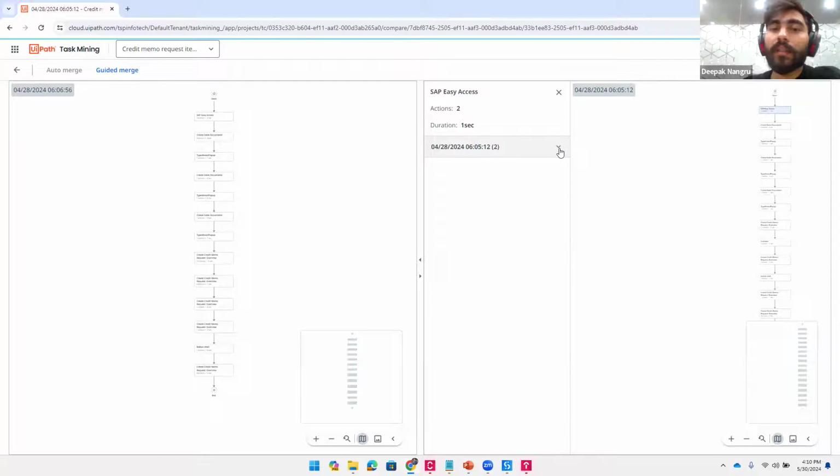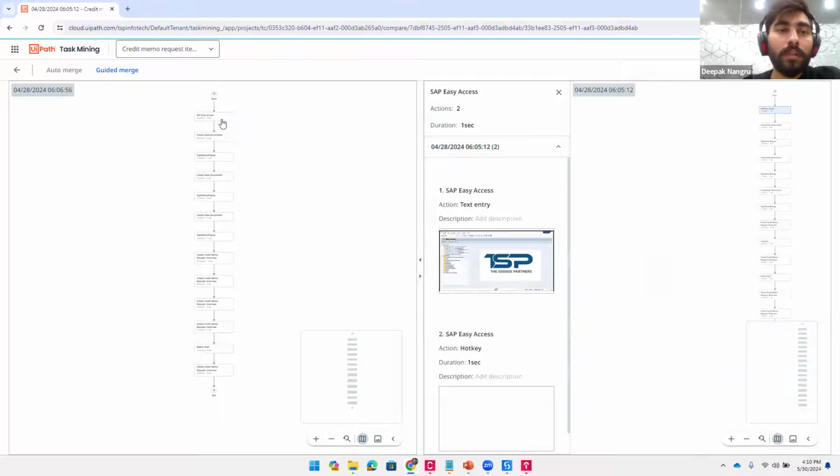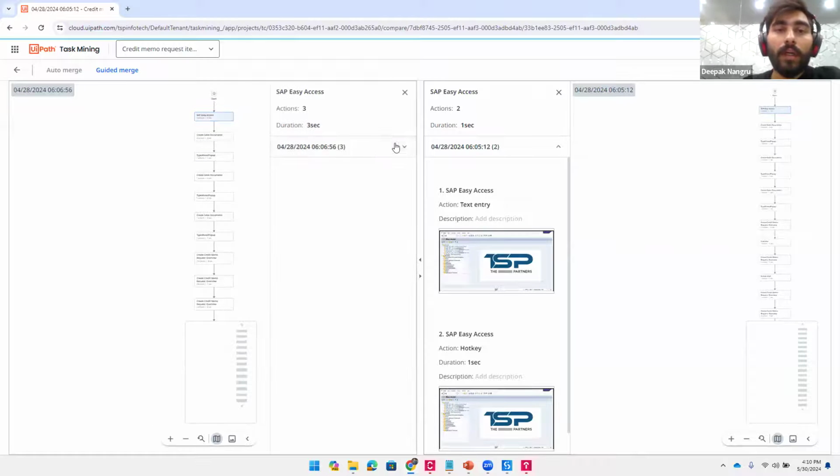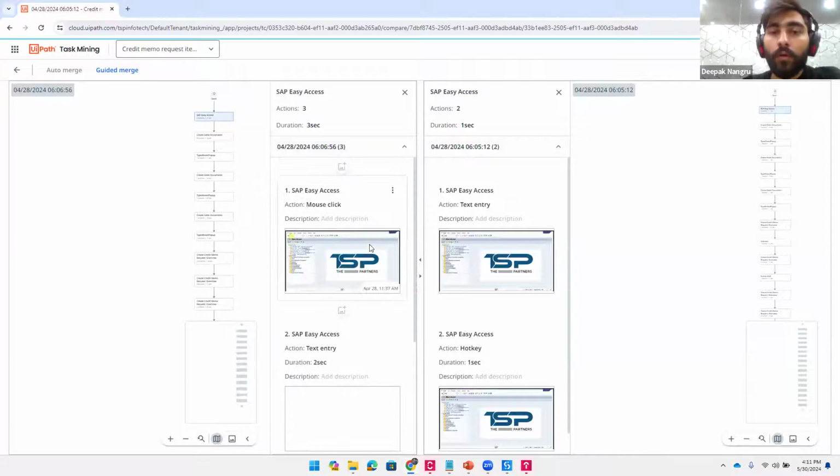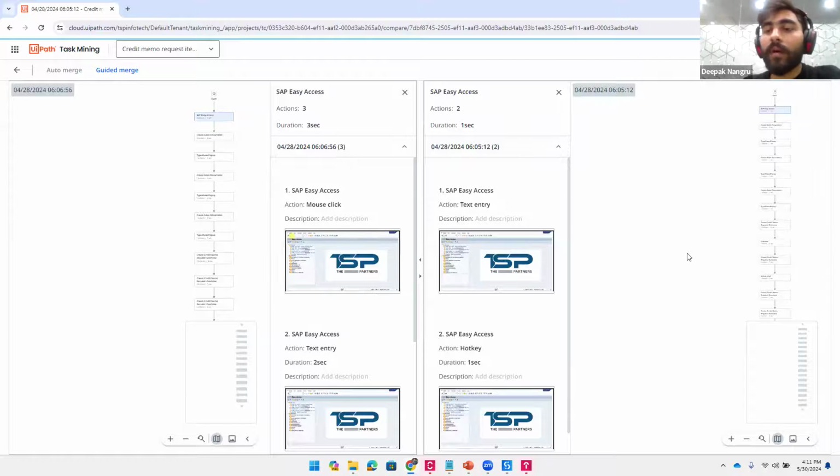And you can also see the screenshots, like at this point the screen is this. For now this is similar, but it can be a scenario where the screen is different and there is a different step in between. So it becomes easy to compare, because when you are working with flows and different areas, it becomes difficult to compare and analyze that data, like what is happening in the process, at what point there is an issue in that. So we can identify this through that.